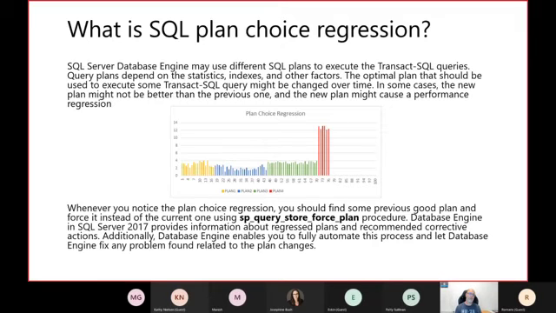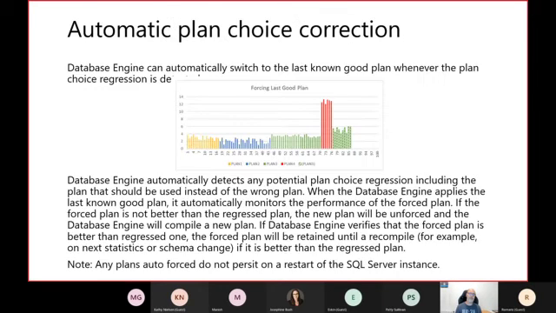So what automatic query tuning does, if it detects the regression, right? Again, it will automatically set it to the last known good plan, right? This is really interesting. I use it in most of our environments. So if you are not familiar with it, I definitely would like you to give it a try, both Query Store and automatic query tuning.